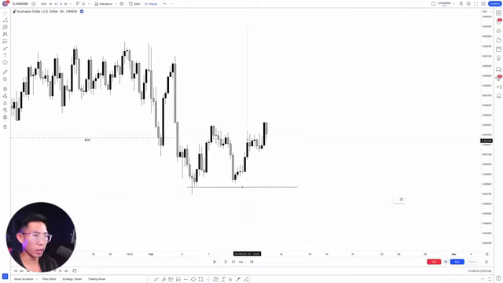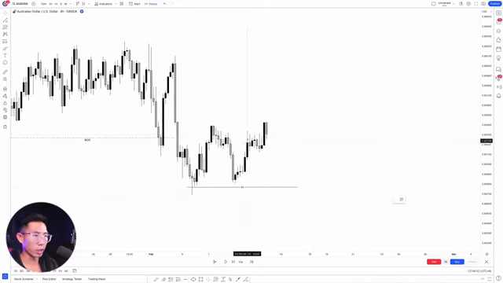But like I said, we never want to assume what price is going to do. We always want to react to what price is going to do, because price can go to somewhere right around here and then even go back up like this. So we always want to be patient to see what price is going to do next first, then enter for our trade.